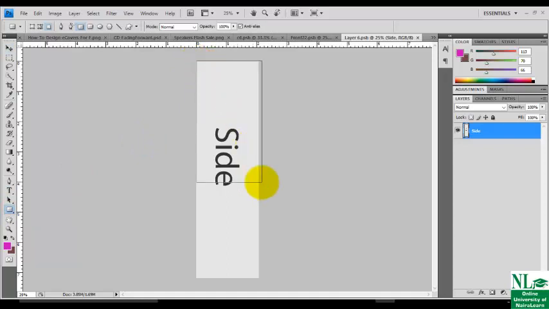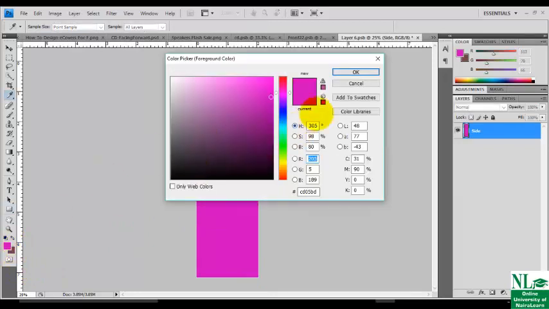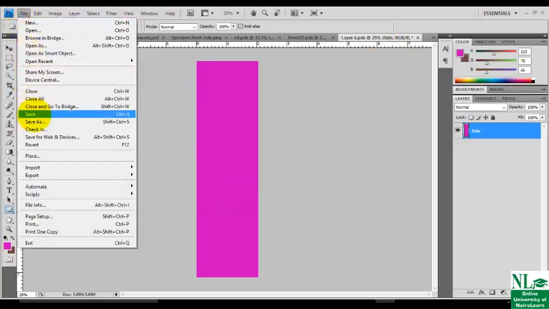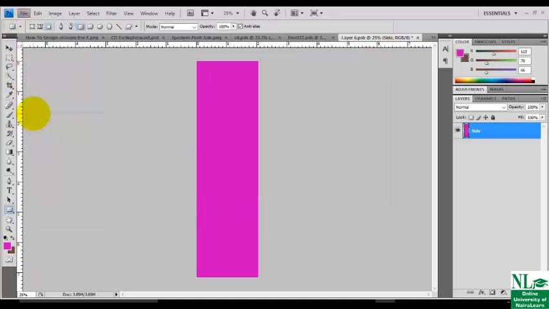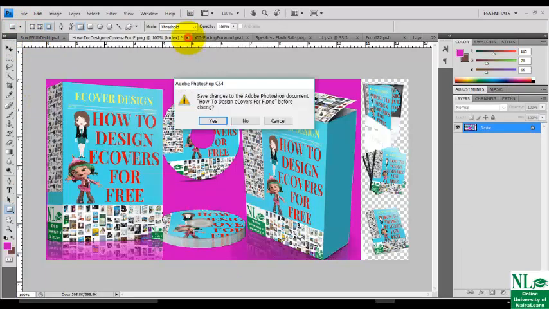Then I just want to give a default color to this, and my default color is already here. You can always click here to change your default color. So I return back to here. I click on what? Save. Return back here.